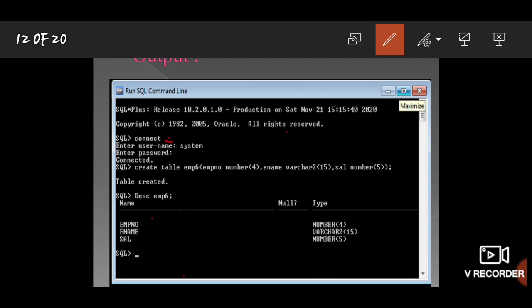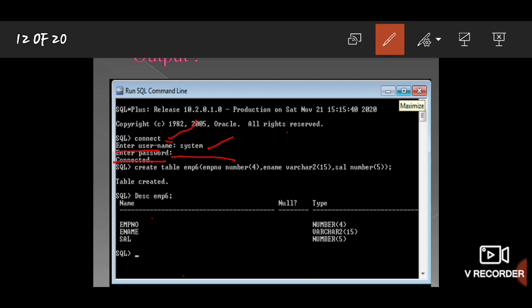I had written connect first. To start your program, first you have to enter connect. After pressing enter, it will ask for the username and then the password. For the username you should write system, and for the password you type manager.